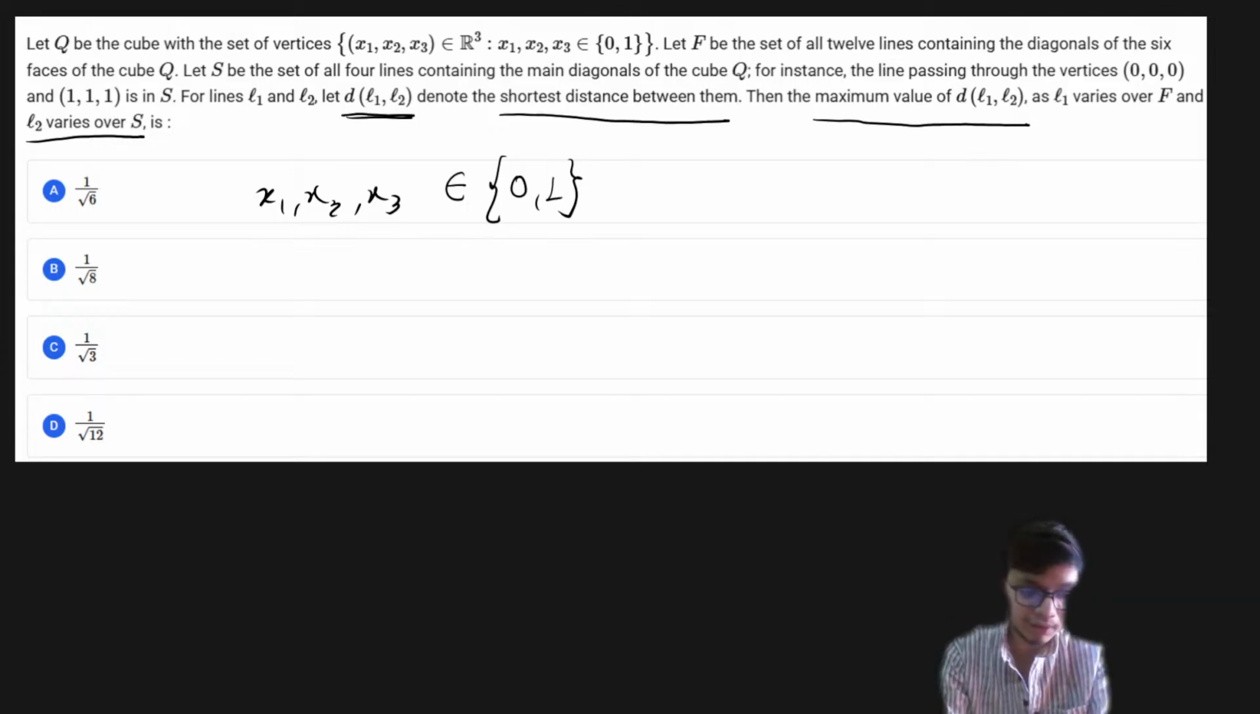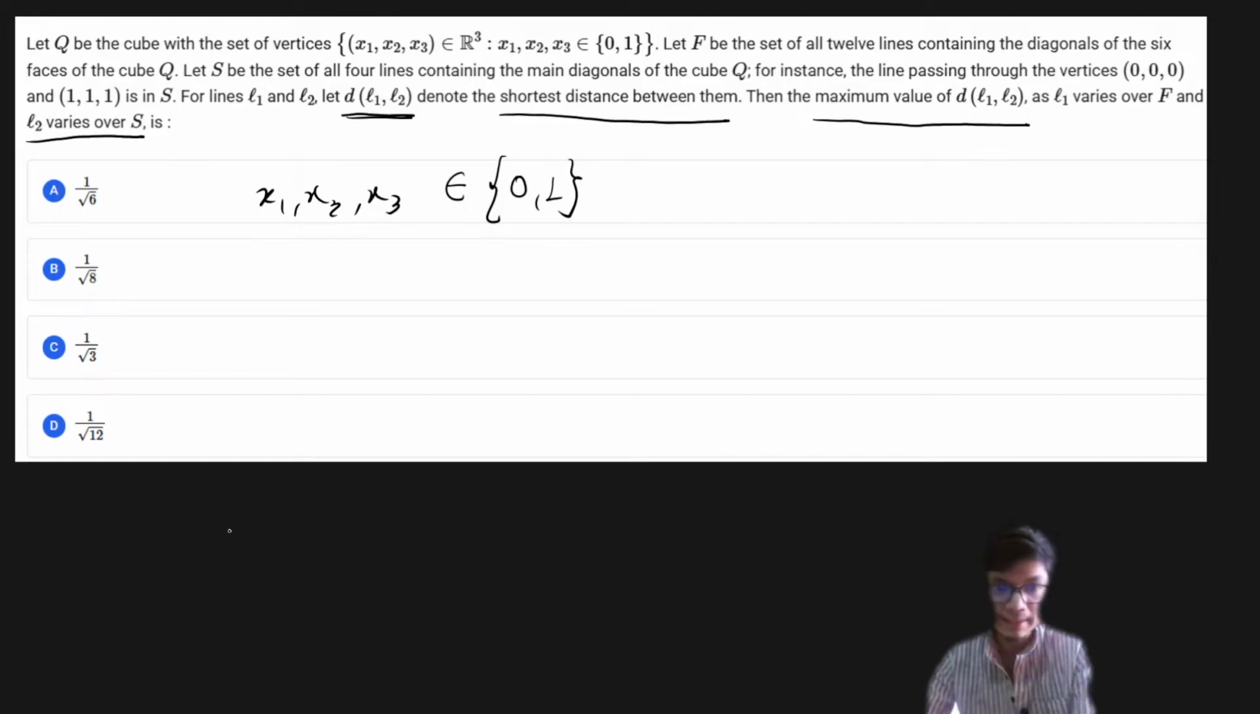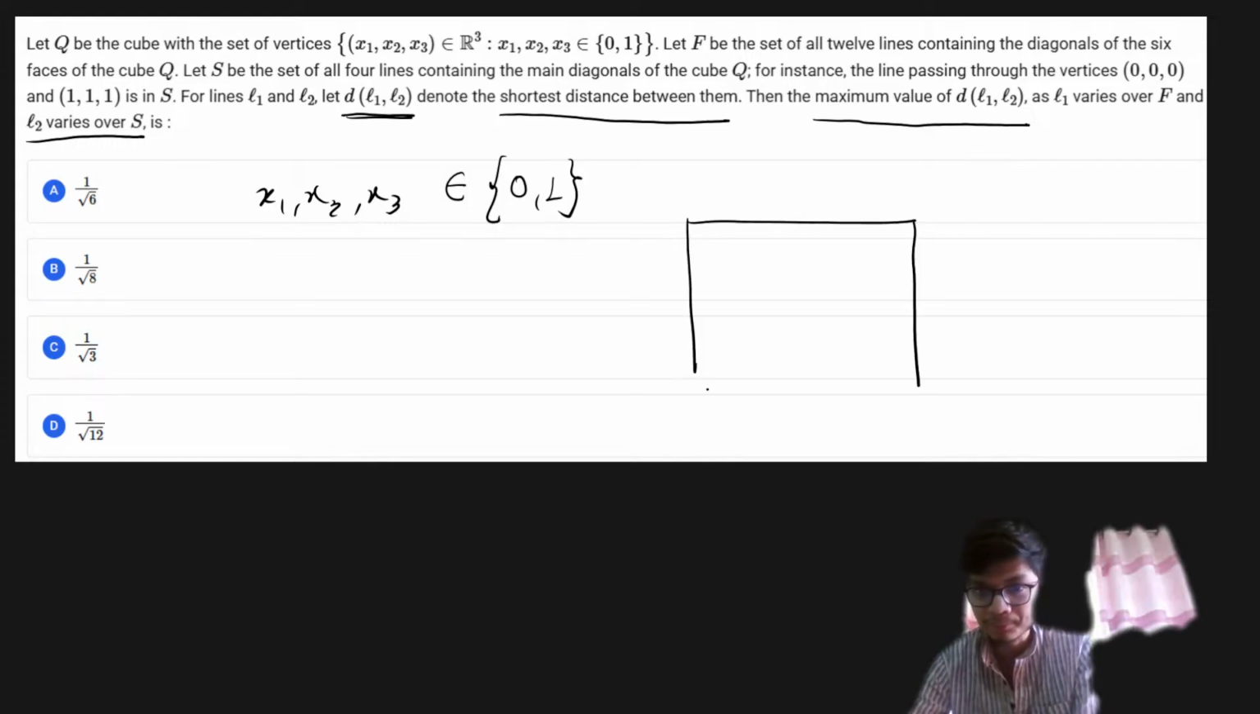So looking at the problem, first and foremost, it's a question of geometry. So I would request all of you to please try to draw the geometry first. That is very important, to have an idea of the geometry, right? So if you try to understand that there is a cube, I'm trying to draw the geometry of the cube. So if there is a cube like this,